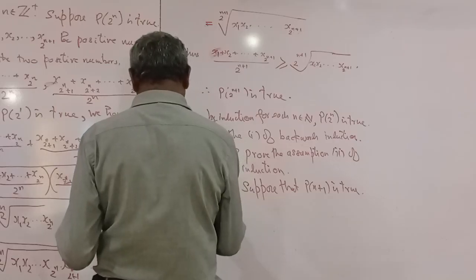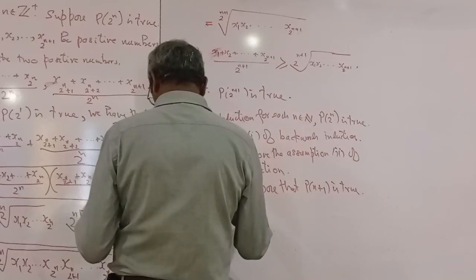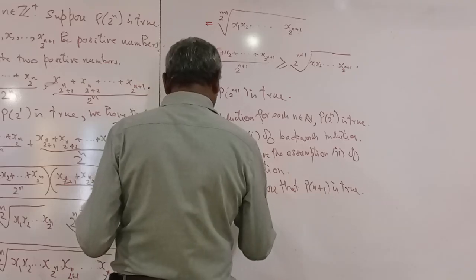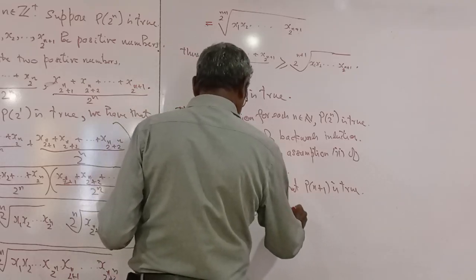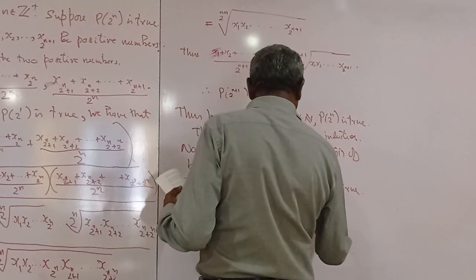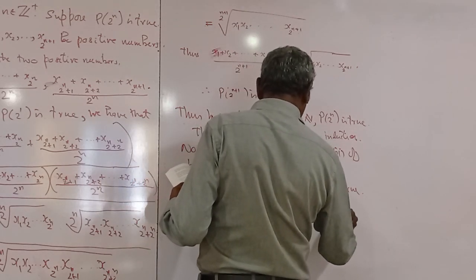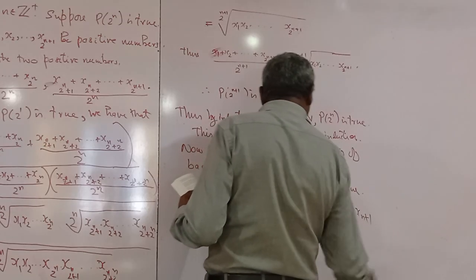Then for all positive numbers x1, x2, and so on up to xn and x(n+1),